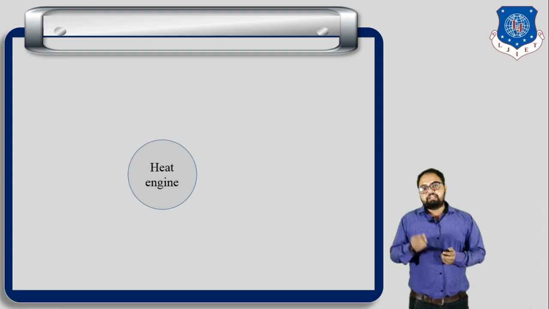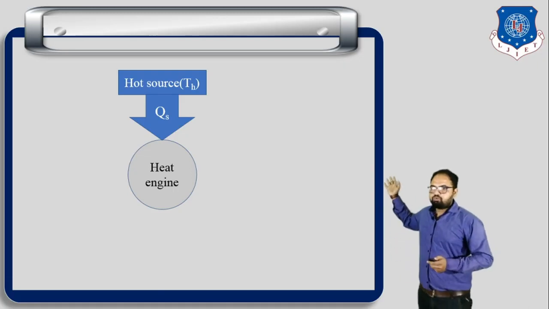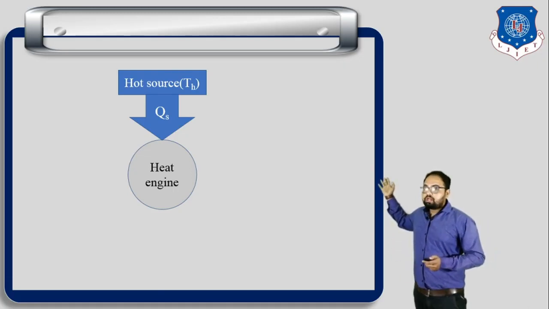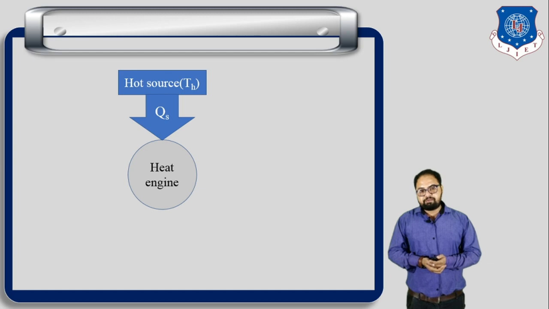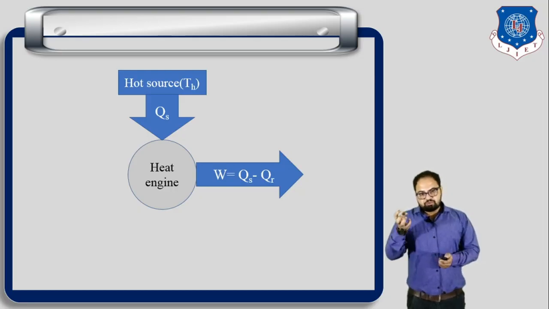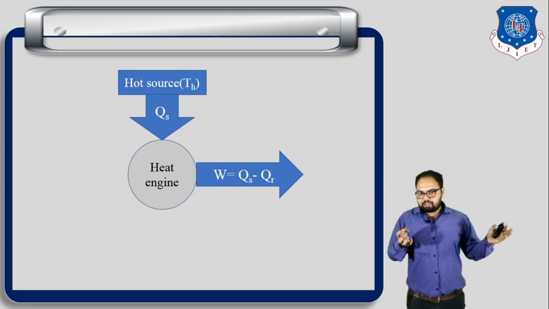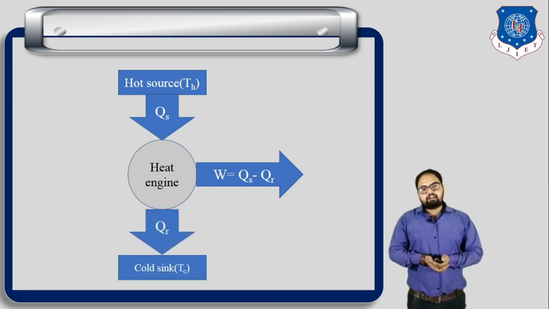The first one is the heat engine. Now you can see that there is a heat source, which is also known as TH, and the amount of heat supplied is QS, where S means supplied and Q is heat. When the mechanical work is done, some of the heat supplied is utilized, and the heat rejected, QR, is released to the atmosphere, which is also known as the sink or cold body.